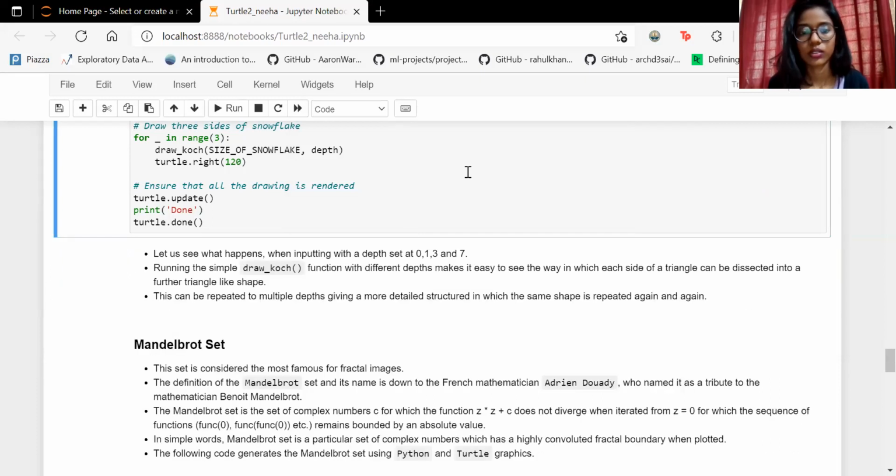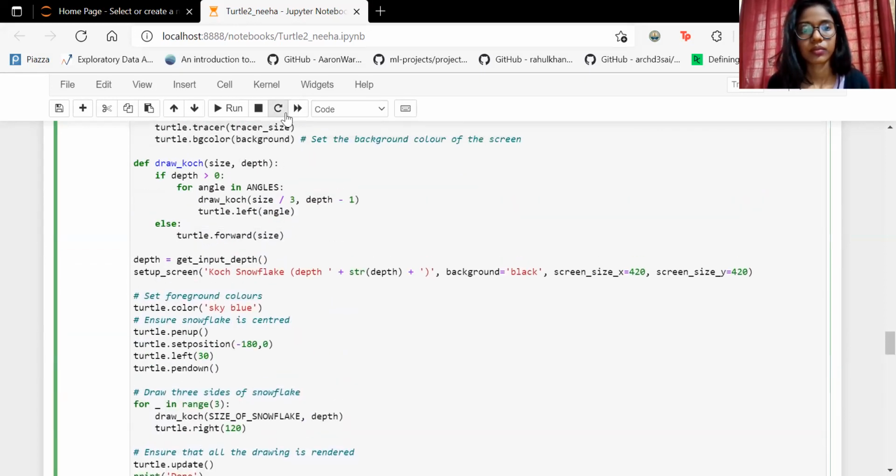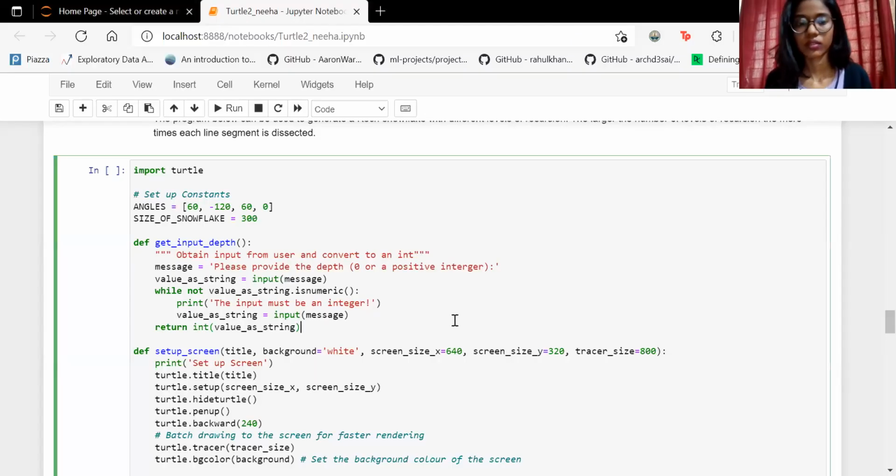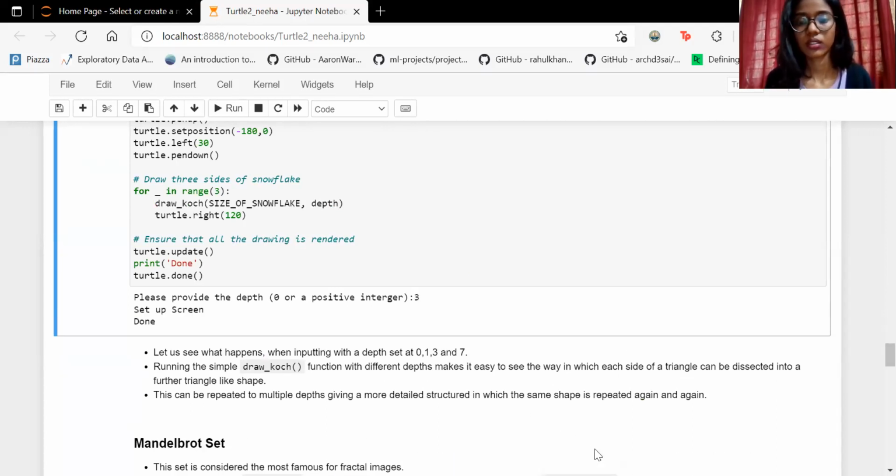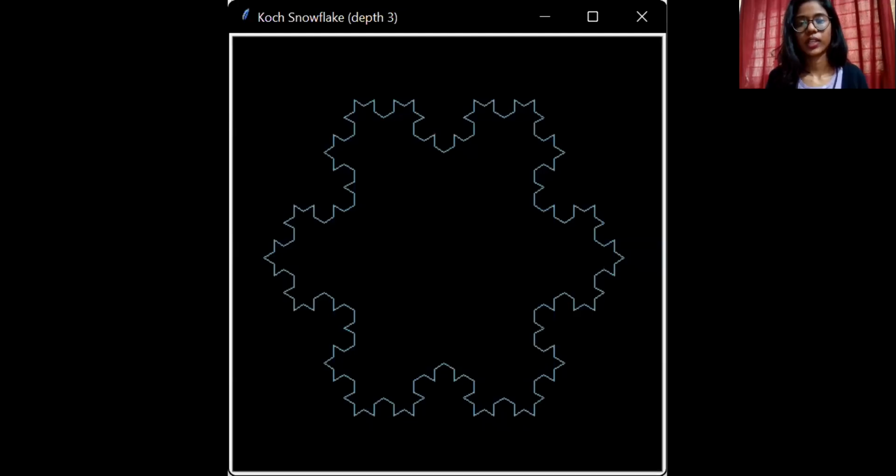So let's also try with the value of 3. Enter. You can see this is the snowflake that was generated. It looks pretty interesting, right?